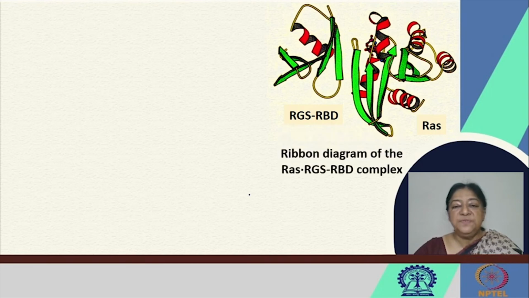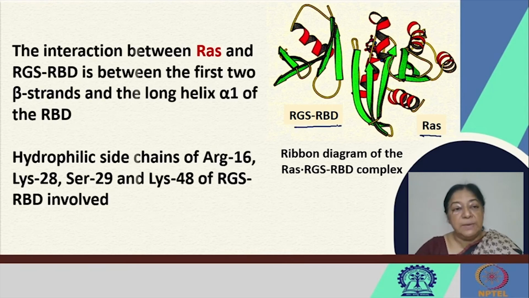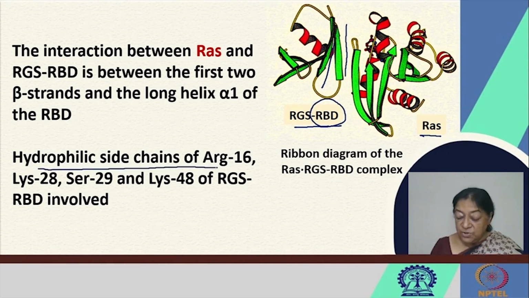So if we look at the specific interface where we have the RAS protein and the RGS-RBD protein type here, the interaction between the RAS and the RGS-RBD is between the first two beta strands and the long alpha helix of the RBD. So here we have the beta strands, and this is the RAS binding domain where we have the interactions. And what we see is the surfaces involved have hydrophilic side chains that are